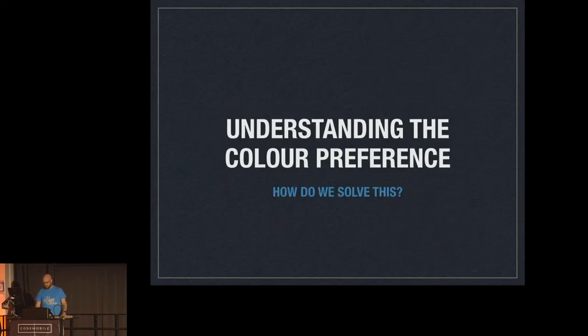So the next bit was understanding what I call the colour preference. Going back to this yellow paper, Neve uses yellow paper to write on. She uses the yellow overlay, but it's not just yellow that works for everyone with Irlen syndrome. People can have red, blues, I think there's even a green as well.